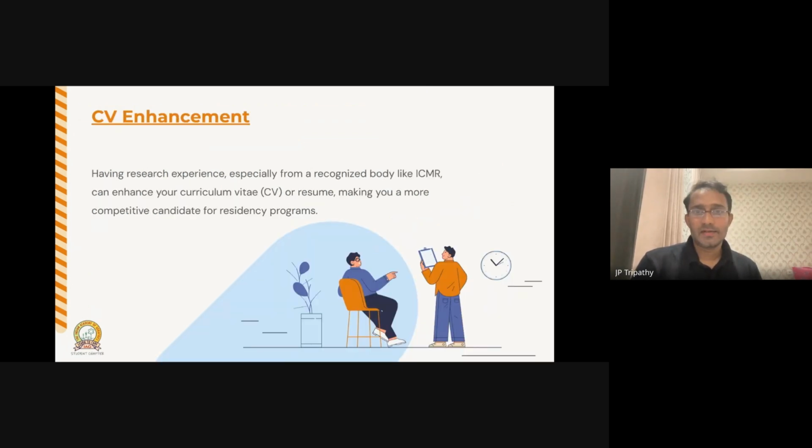And as I said, of course, having an ICMR STS is also a good enhancement to your CV. Most of the STS students do not stop at completing the project and getting the award; most of them go ahead with a publication. You can have a good publication once you finish your project, and that is again an enhancement to your resume or your CV. Next, please.